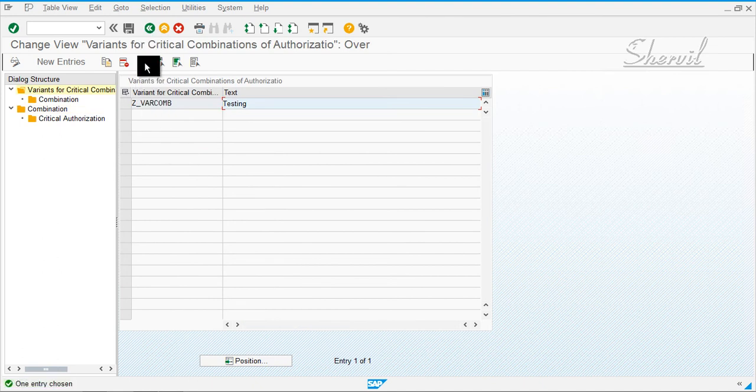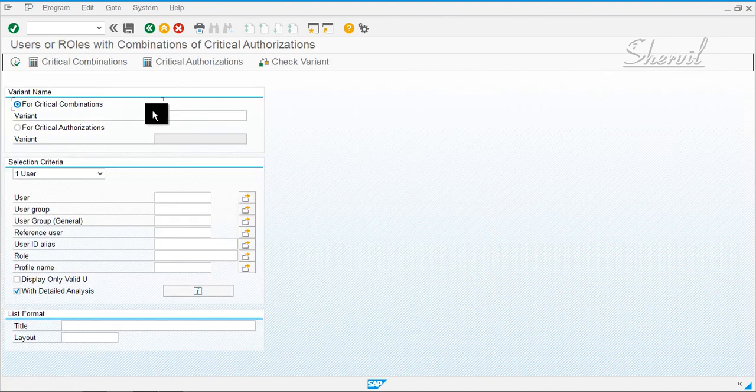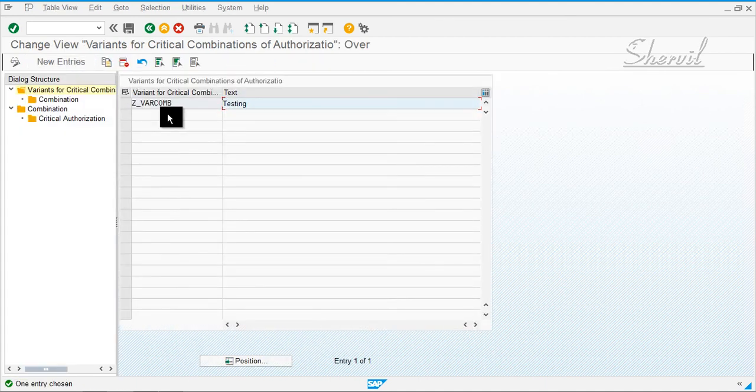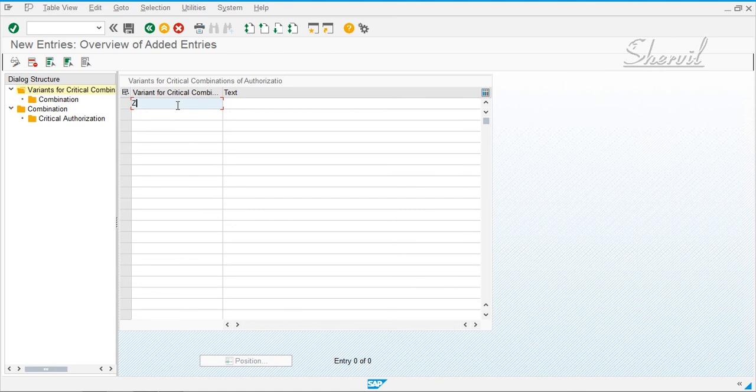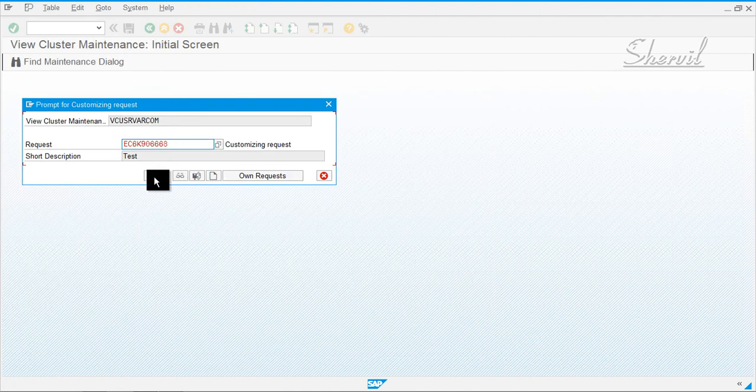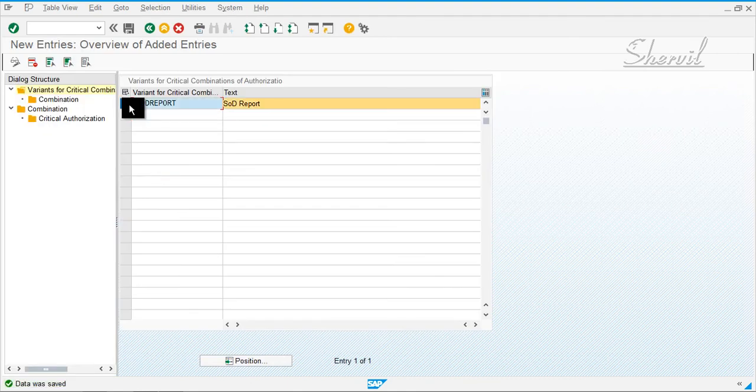Now, the next step in this whole process would be to create a report with the critical combinations. So click on new entries here now and give a Z report, SOD report, for example. Now select, save it. Again, when it prompts you to put it in a transport, put it in a transport and select the user ID.